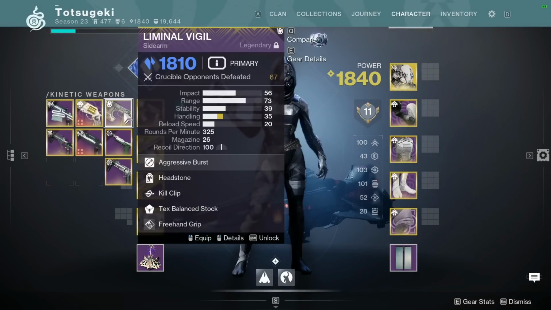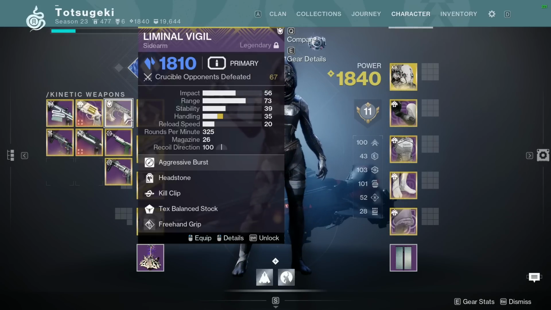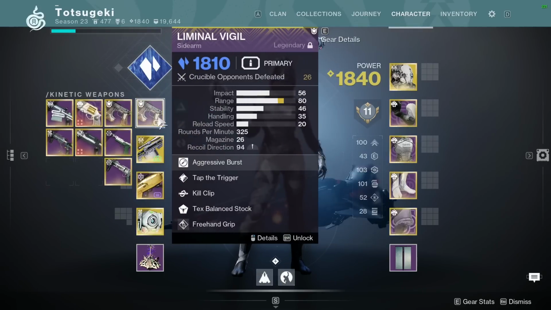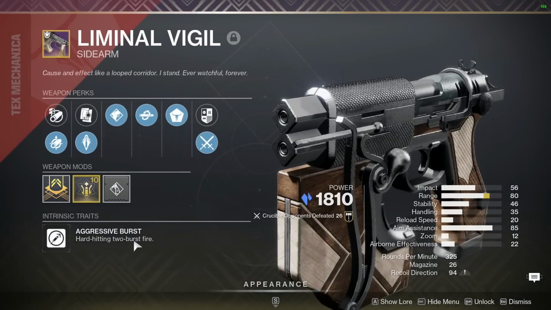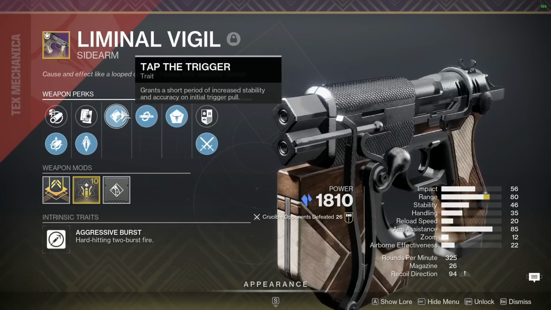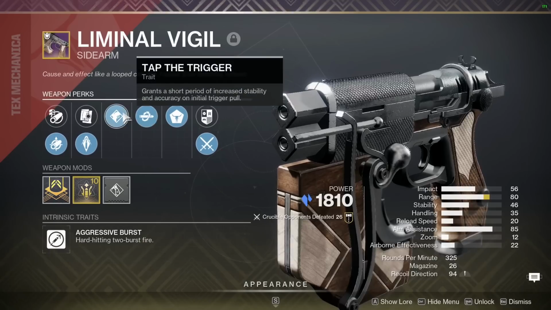I farmed today for a headstone kill clip roll, and I just wanted to see what it was like and if it was good enough to consider going back in for. I would say through the short gameplay session I had, if I could match this stat for stat, I would take the headstone one over the tap the trigger. It's worth mentioning that on this archetype, the 2 bullet burst frame, tap the trigger can proc multiple times, like pretty much every time you pull the trigger for your TTK, which is insane when you consider the bonuses of